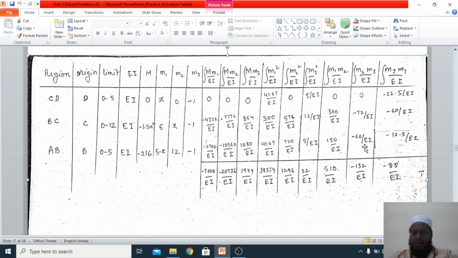You'll get these values. Once you get all the values, the summation of all these values is to be taken care of here, in this tabular form. So my final value will be, if it is minus minus, summation is important. If it is minus plus, do the summation. If it is plus plus, add it. If it is minus minus, whatever value you get, you take down that. So you get all these values, and the denominator should be EI all the time.